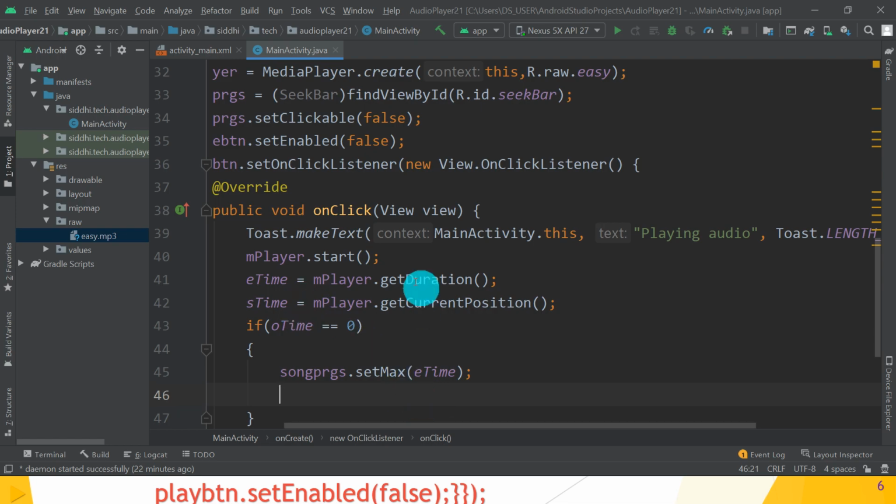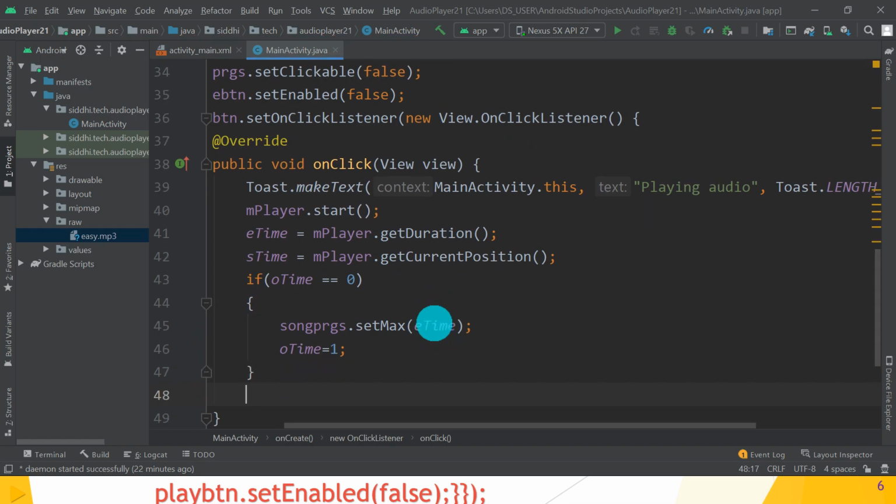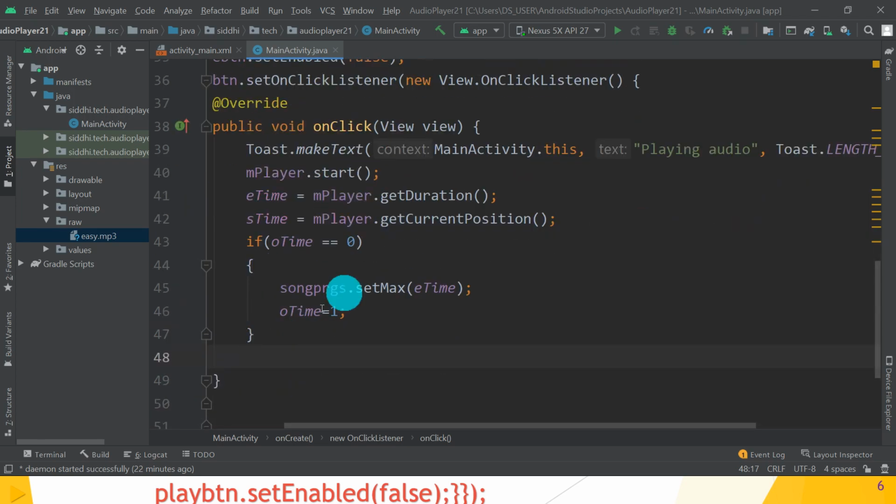Great. So getDuration and getCurrentPosition both give the song's time in milliseconds. Great, guys. Then set oTime, that is the flag, as 1. Guys, hope you understand this. This is done only once when you click on the start button or the play button. After that, the flag oTime is set to 1, so it does not get executed repeatedly.